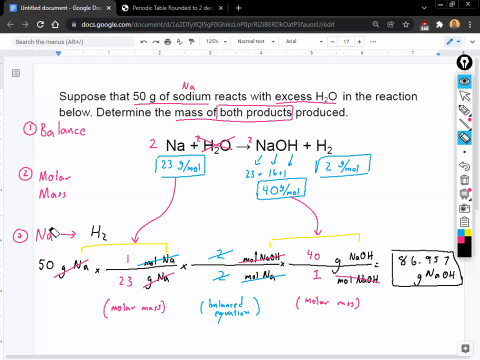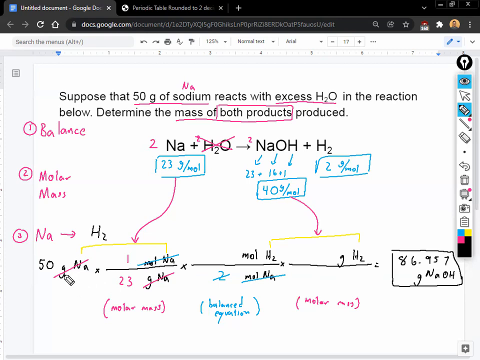Now, if you guys notice, we're still starting with Na, right? And then we said the first two fractions are going to be about the same chemical. So we can actually copy down these first two things exactly the way they are. The only thing that changes is the chemical we're looking for, right? And so what that means is we only need to change the last part of the dimensional analysis, and we just need to change it to the new chemical we're looking for, which is H2. So we can literally just erase the last part and put in moles of H2,